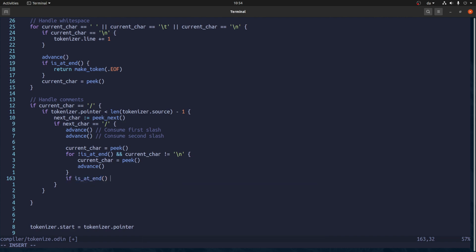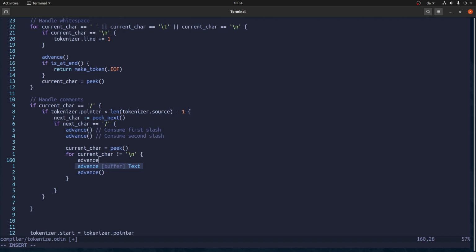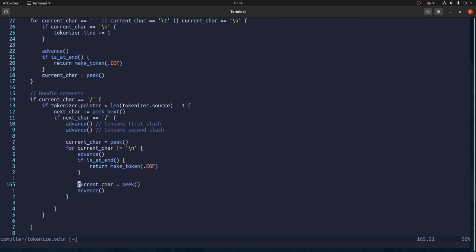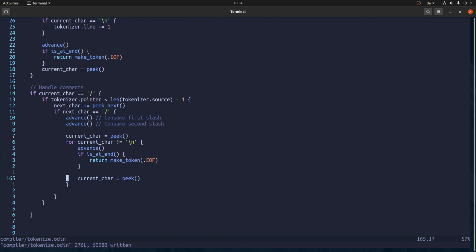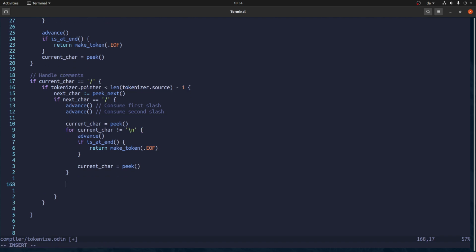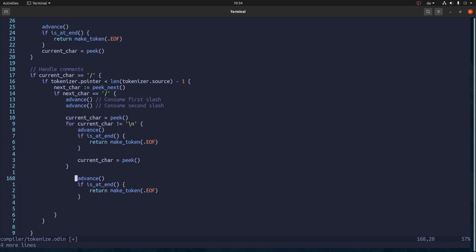So I guess we have to have another check. Maybe it's even simpler if we do this. So we eat the character, and if we're at the end, do that. As we look at the next one, finally we reach a new line. Then we can do this.